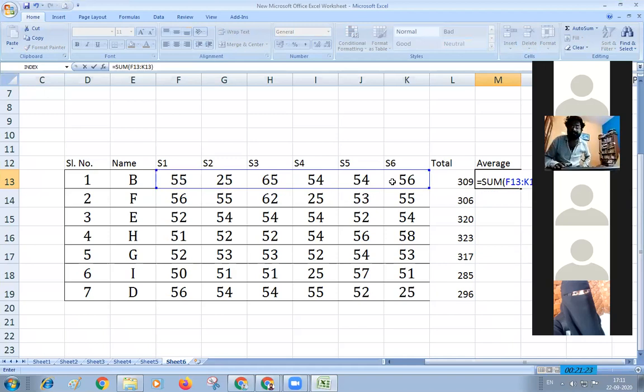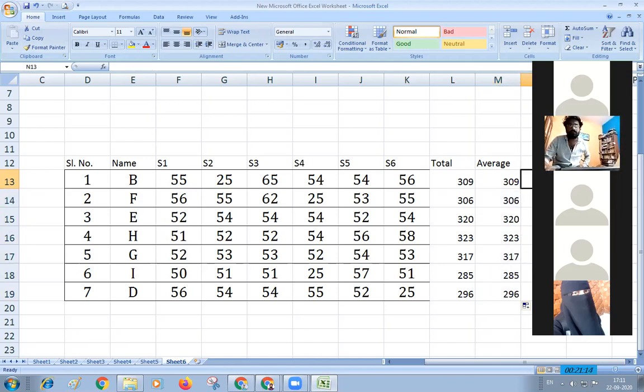And close the bracket, select the range and close the bracket and click on enter, you will get the result. And now also you can drag these. Okay. Now I have one more option, there is a function called AutoSum here. If you don't know the function of sum, if you don't know the function of average, if you don't know anything,